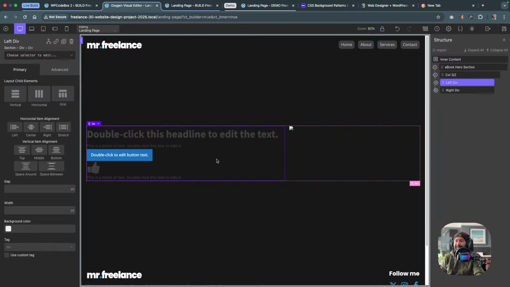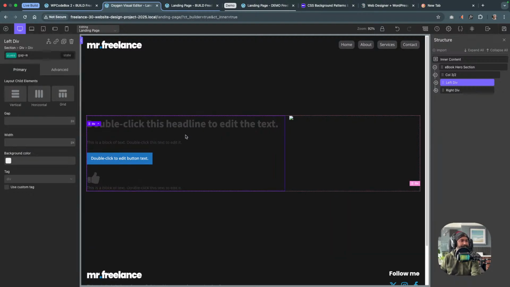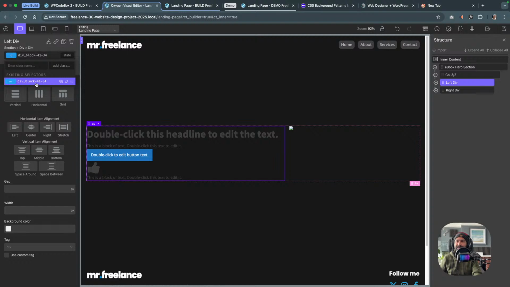So we're going to add some spacing inside of our left div here. And I think I have a utility class for my gaps. So I'm going to use medium, I think. Yeah, we could use a utility class, or what we could also do is let's just get rid of this here. Let's go to the actual, yeah, we don't have a class for that. I could add my spacing in here, so gap. So we could use a variable